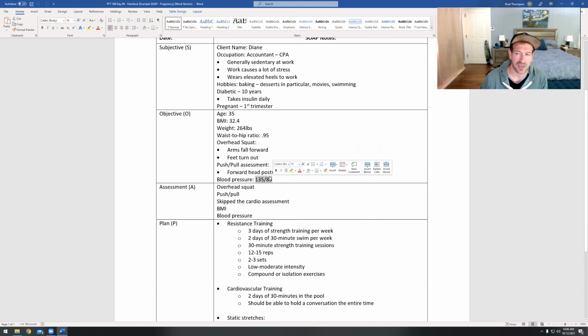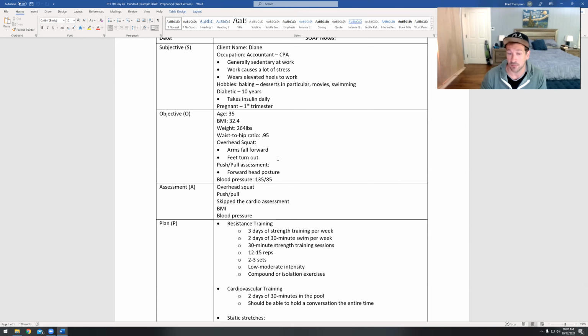Blood pressure is not quite hypertensive, but it is definitely pre-hypertensive. So, you know, definitely something we're working on. We're going to put emphasis on the overhead squat, the pushing and the pulling assessment especially. We're going to skip the cardio assessment for now, because we know that our goal is just to generally increase activity. Once she, you know, baby's out of there and she's back to sort of normal, we are going to